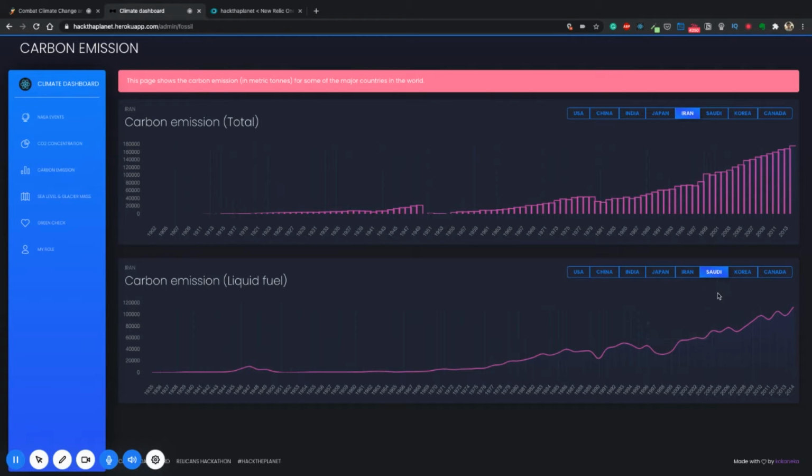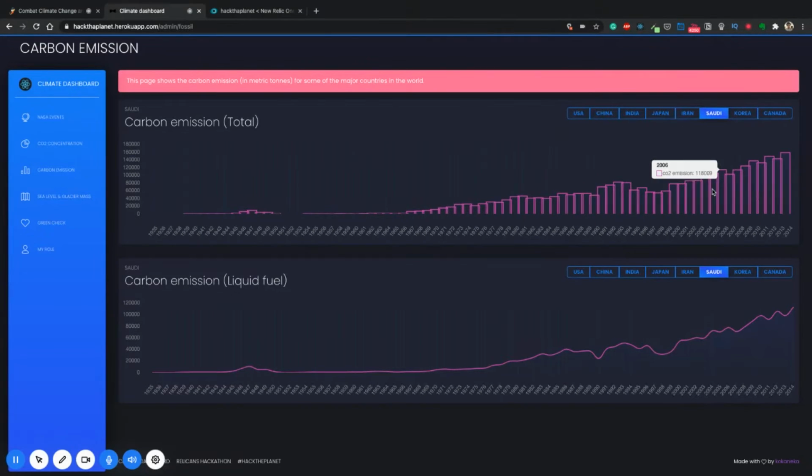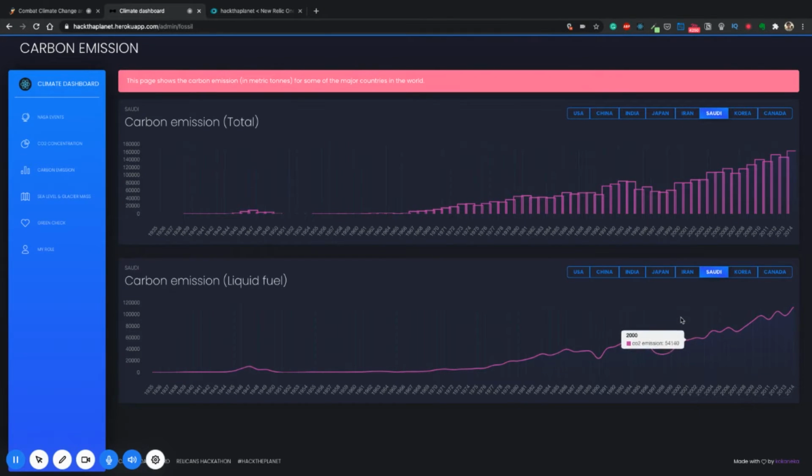In countries like Saudi Arabia, it just keeps going up at maybe a higher rate than the total consumption, as the liquid fuel dependency is higher in those countries. So this UI paints that picture about the carbon emissions.